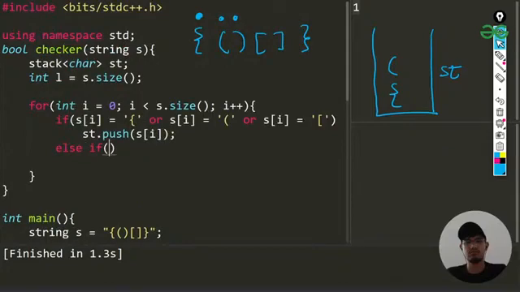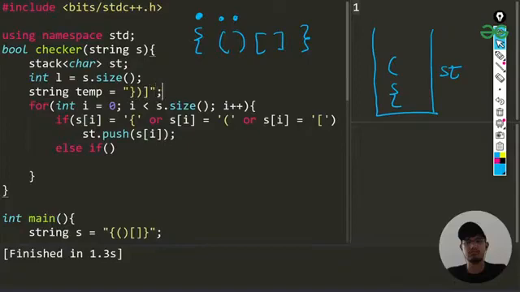Okay, if first thing is this one, if my s of i becomes, let us make a checker string here. I'll be pushing into a temporary string all the closing brackets so that I can refer to them.